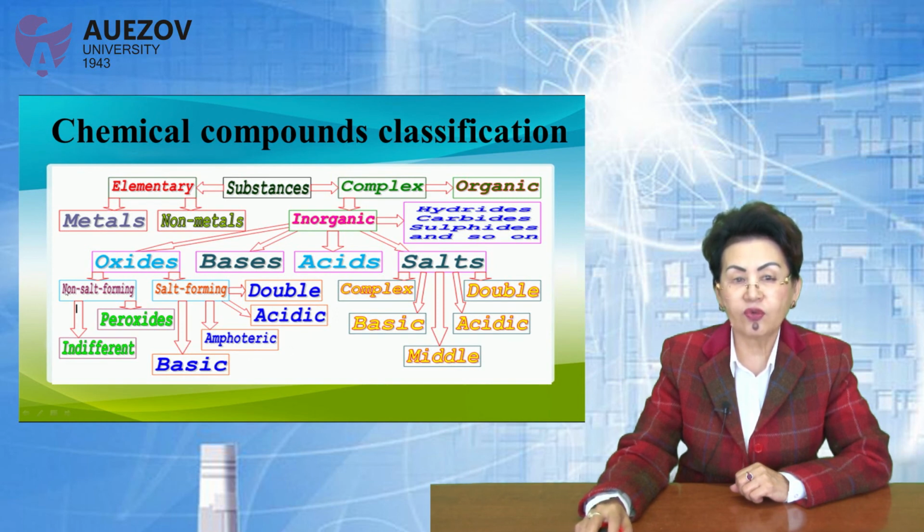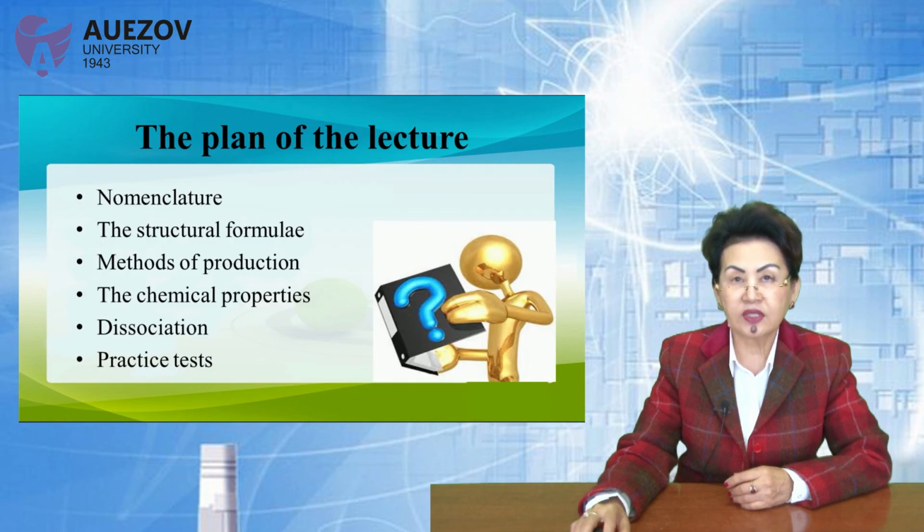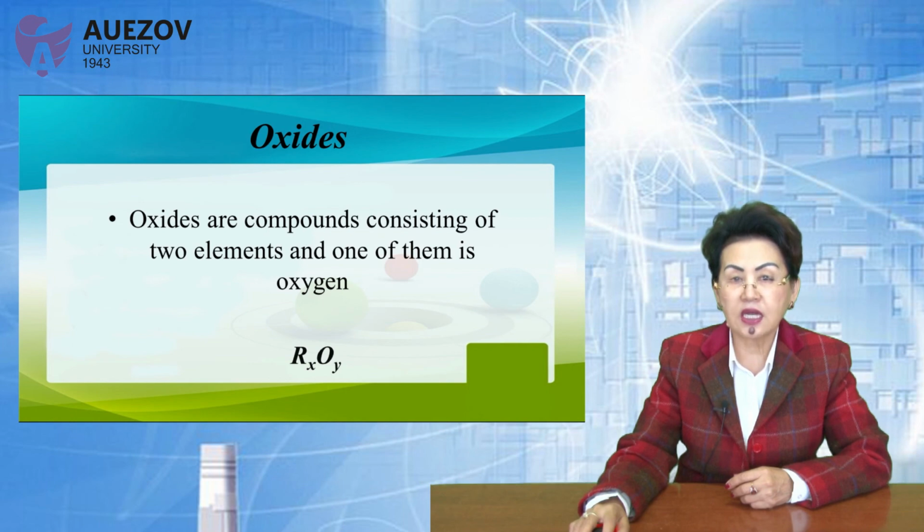Oxides: non-salt forming and salt forming oxides. Salt forming oxides are divided into double, acidic, amphoteric, and basic. The plan of the lecture today: nomenclature, the structure formula, methods of production, the chemical properties, dissociation, and the practice test. Oxides: a compound consisting of two elements, one of them oxygen, where R is any